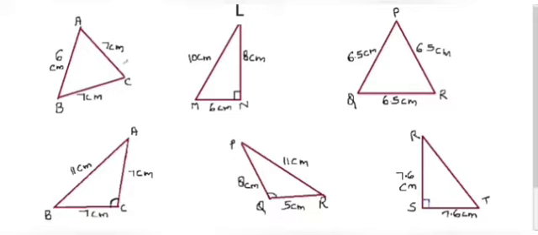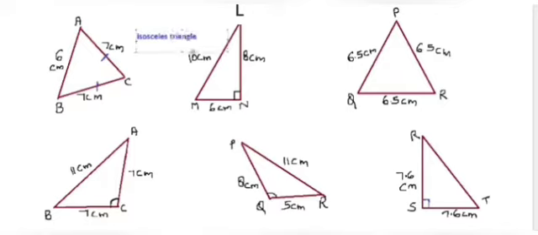So let's start with the first. Now here we can see we have two sides equal. When two sides are equal, the triangle is termed as your isosceles triangle. So here I will have isosceles triangle. Then we come on next.